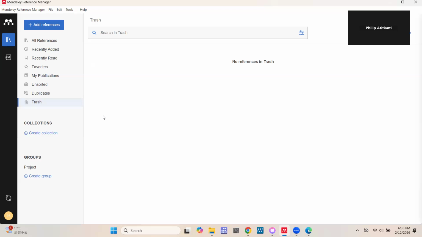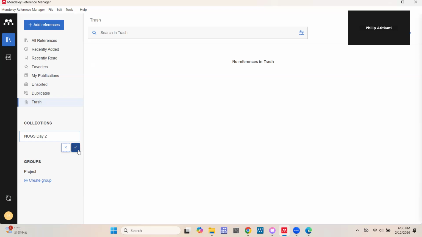So delete, and then we are going to create our first collection or folder, whatever you choose to call it. So you just click on create collection and then type the name. So let's make it NUGS Day 2. It can be any name. It can be the theme you are working on. It can be a topic of a paper you are working on, whatever it is. You can just create the group.